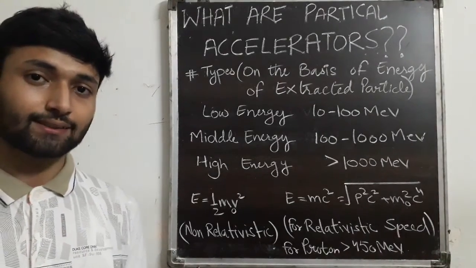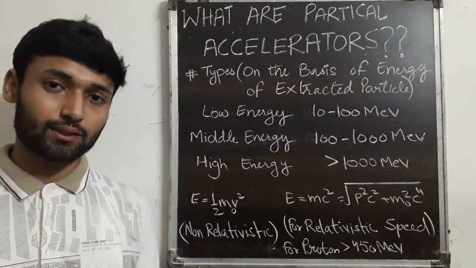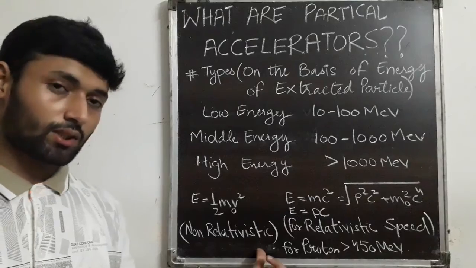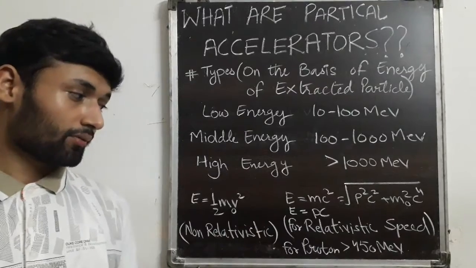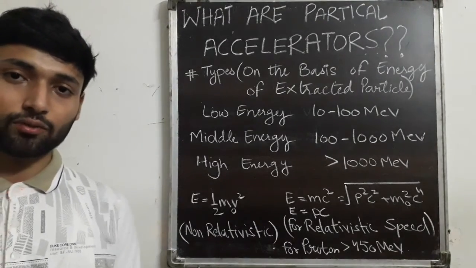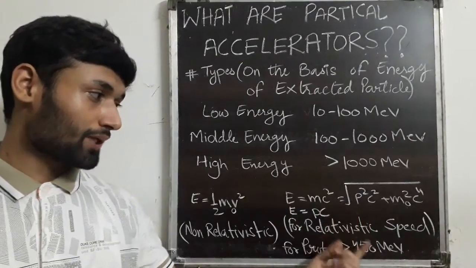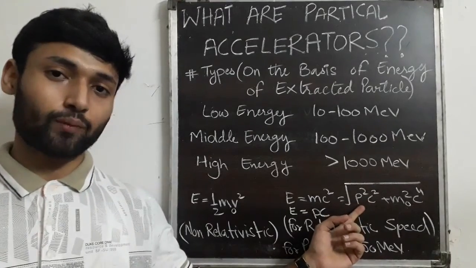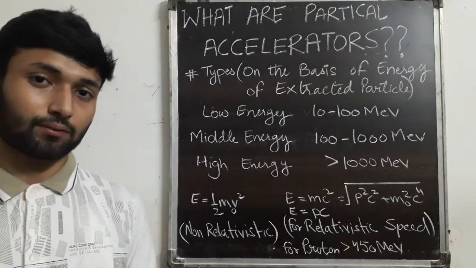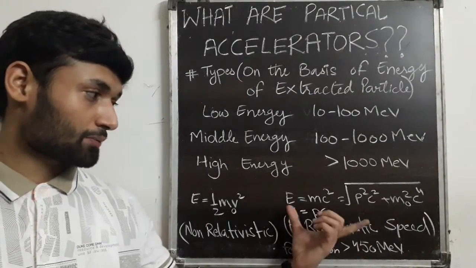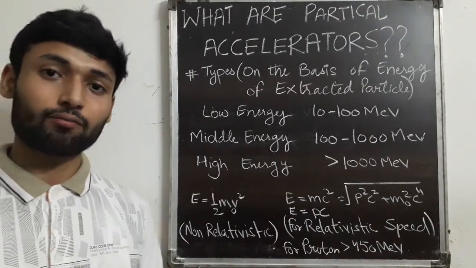Now one more thing is how to find the velocity of the particle if the energy of the particle is known. If the velocity is non-relativistic, that is very much less than the velocity of light, then this formula will give you the velocity. But if the velocity is relativistic, that is the velocity of the particle is close to the velocity of light, then this formula will give you the expression of the velocity. Here p is the momentum of the particle, which is mv, and from here you will get the velocity of the particle. For electron, we must use this expression because electrons are very easily accelerated to high velocity close to the velocity of light.